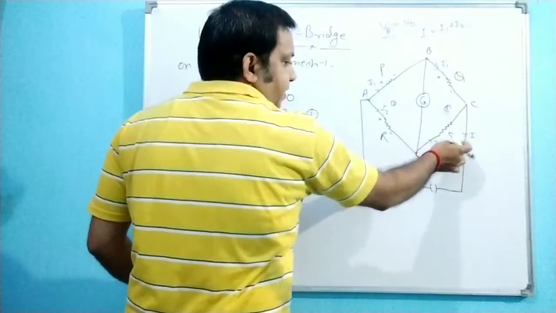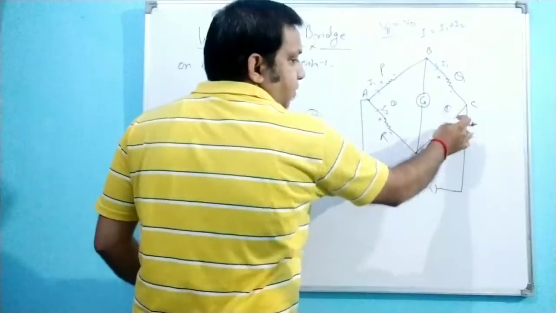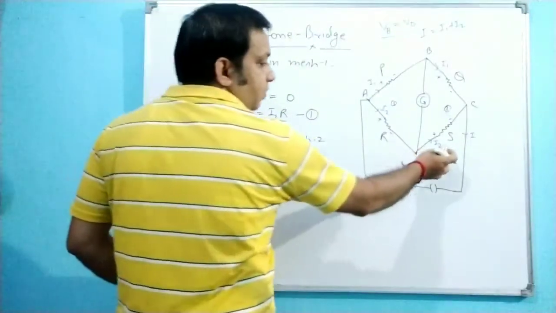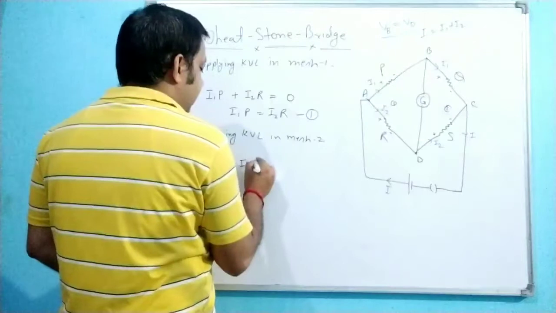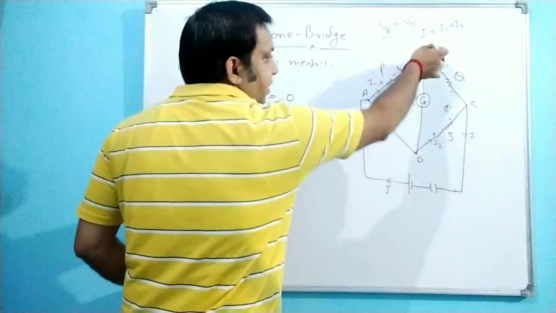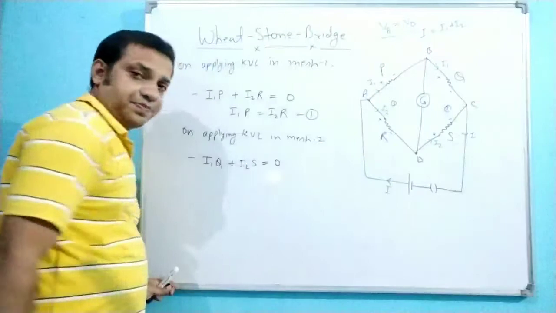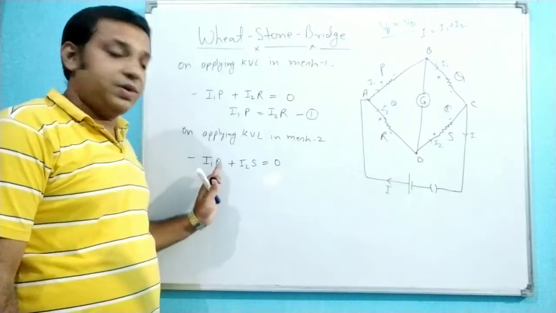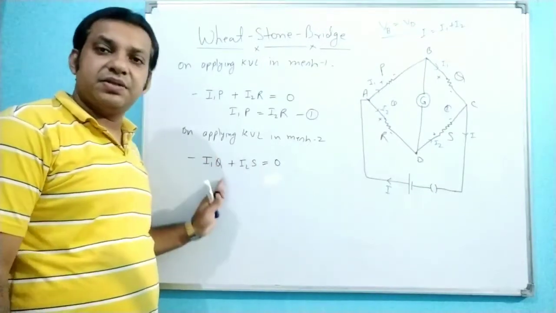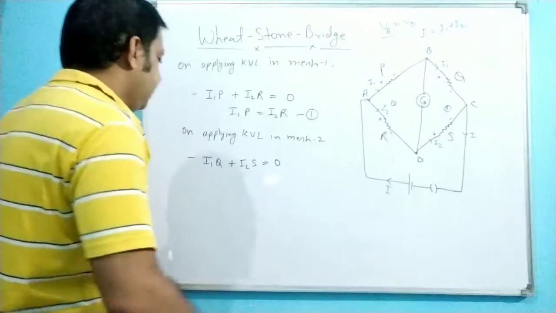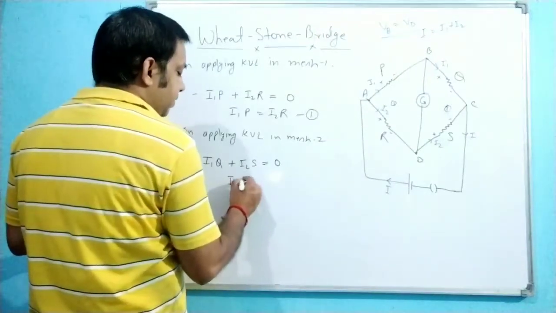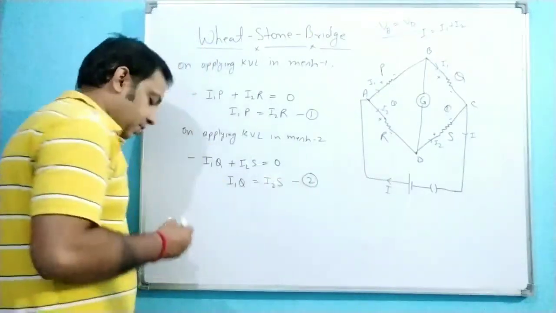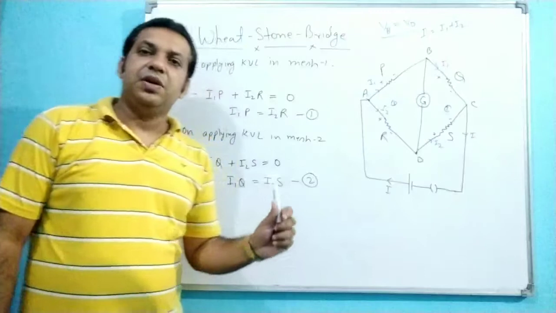You will reach here, this side, the I2 is flowing from this side to this side. So you are moving from minus to plus, the gain of potential. So plus, and what is the value? I2 into S. And you will see, if you reach again the B, the algebraic sum is equal to 0. So for the mesh, when you apply the KVL, you will get minus I1Q plus I2S equals 0. The algebraic sum is equal to 0. Clear? Or you can write I1Q is equal to I2 into S, equation number 2. So I1Q is equal to I2 into S.